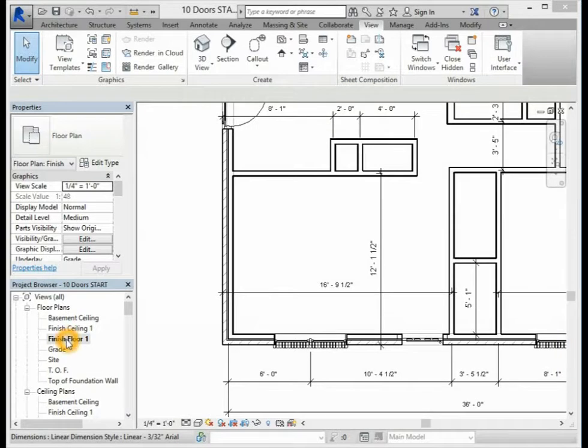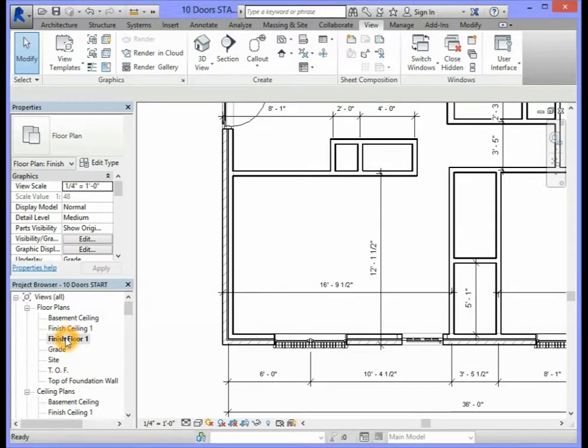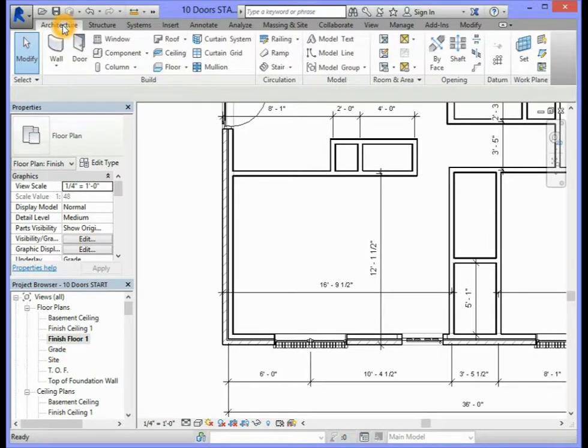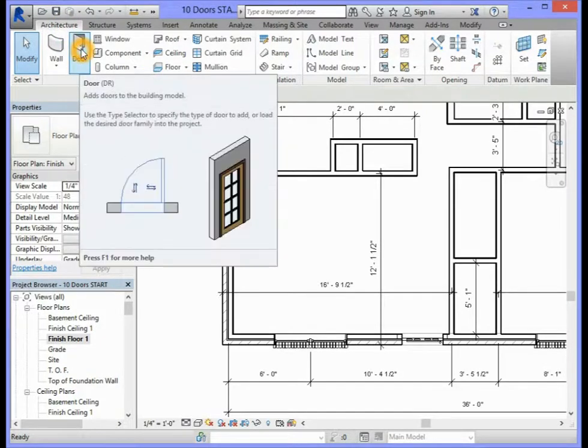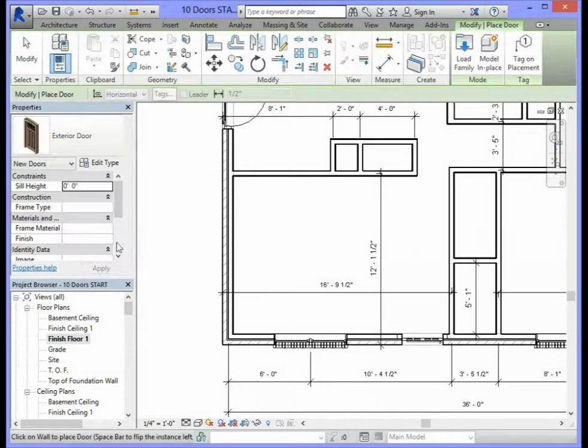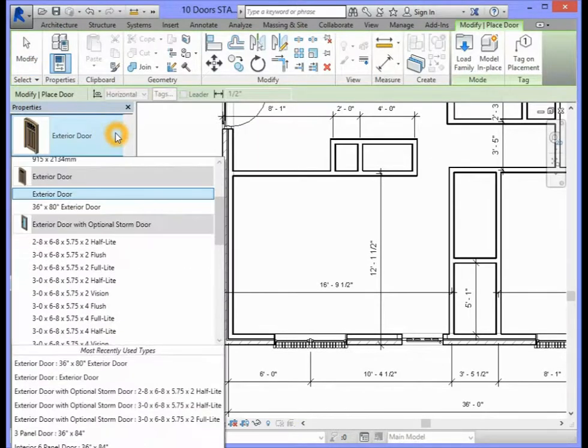In order to install the bifold door, we will need to make sure in the project browser we're on the finished floor 1 floor plan view. You are to select the Architecture tab. In the Build panel of the ribbon, you will select Door. In the Properties, you will select